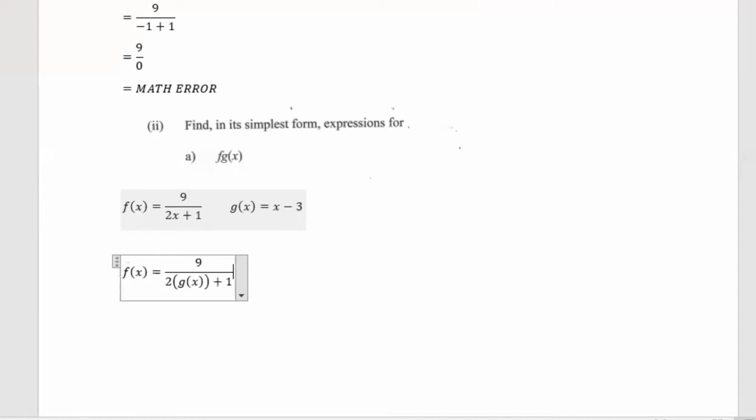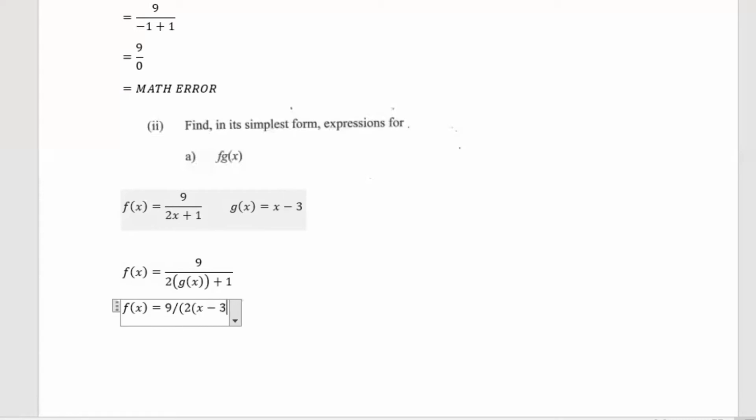So that is basically what we are doing. So wherever we see x, we replace it with g of x, and this is composite functions. So now writing out g of x to replace it with x minus 3, which is the actual terms for g of x. So therefore, f of x is equal to 9 divided by 2, which is multiplied by x